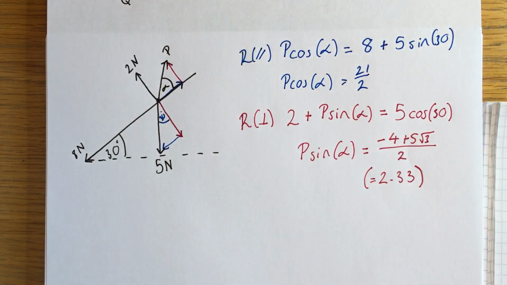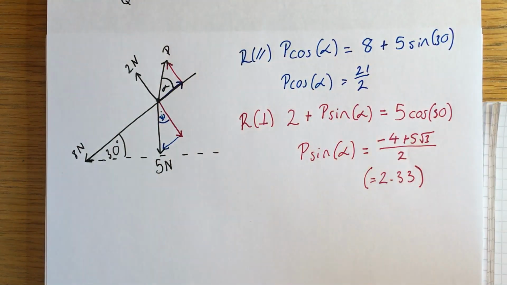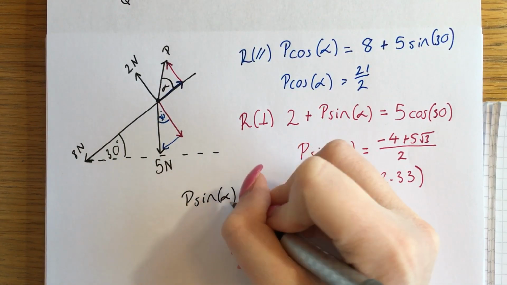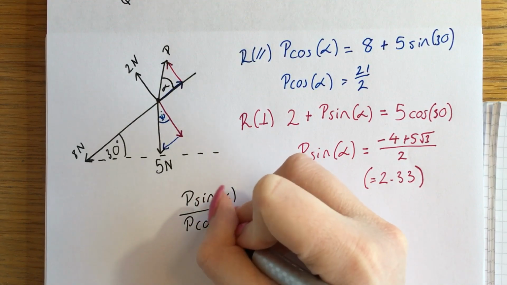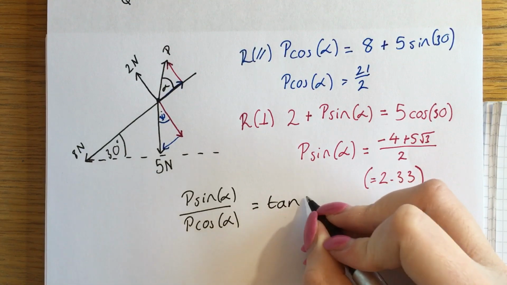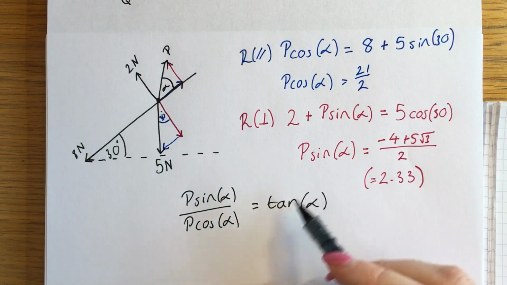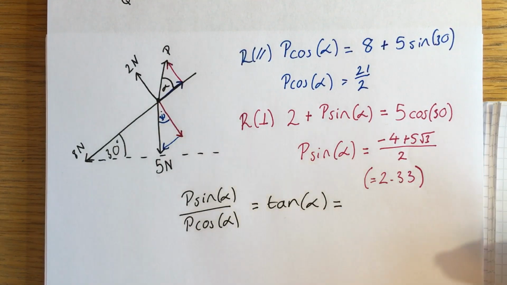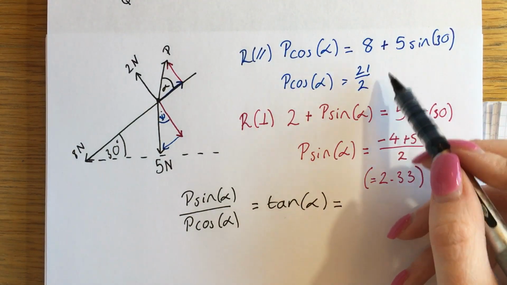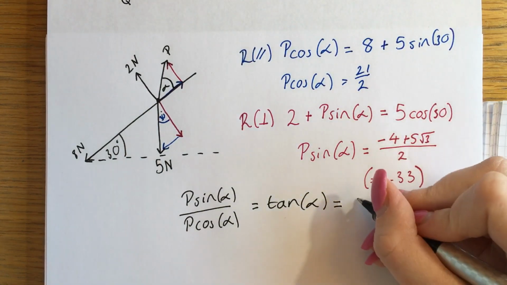Now, when I have something in terms of sine and something in terms of cosine, that's really useful because I know that if I divide sine by cosine, I get tan. And obviously P divided by P means that P cancels, so I've only got one unknown, which is excellent. So I'm just going to substitute in my results for P sine alpha and P cos alpha. So this one divided by this one to give me tan alpha, which is